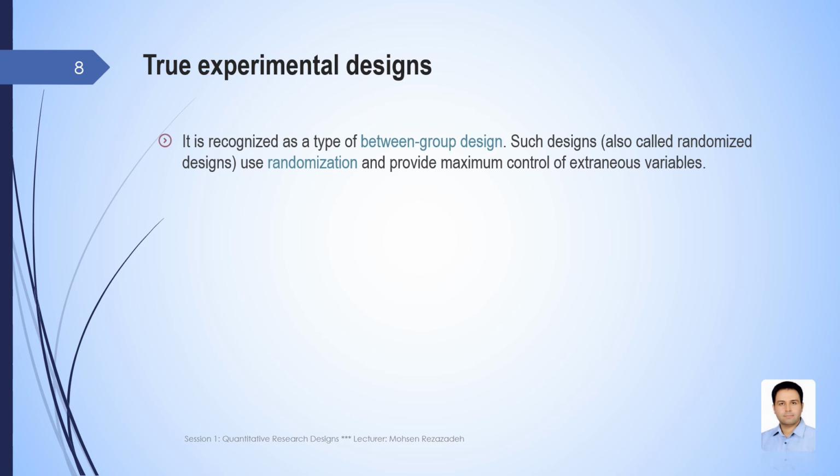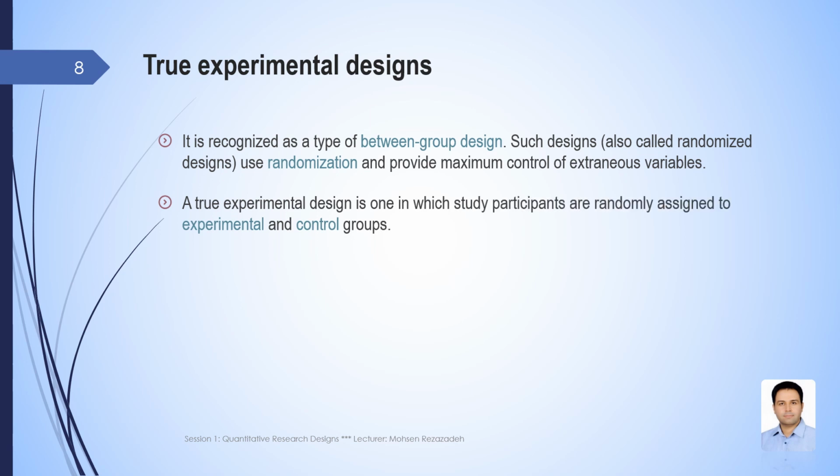Such designs, also called randomized designs, use randomization and provide maximum control of extraneous variables. Such designs, in fact, are characterized by a control group and an experimental group, and subjects are assigned randomly to